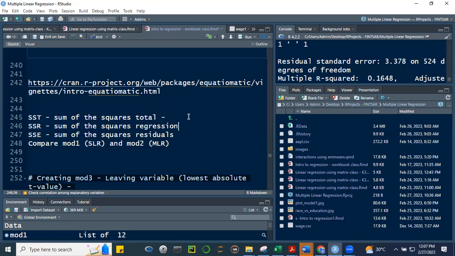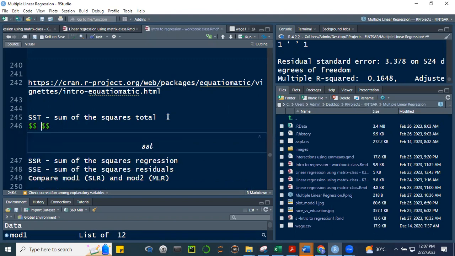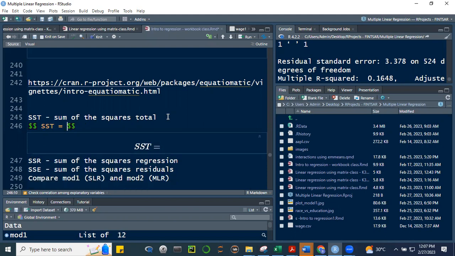Okay, let's start with this one. Si SST, isulat natin. SST, the sum of squares total, is equal to